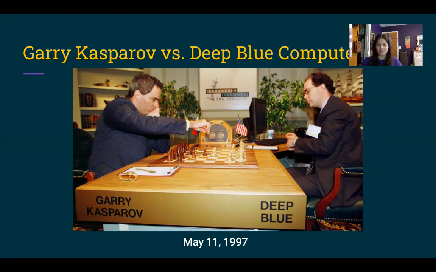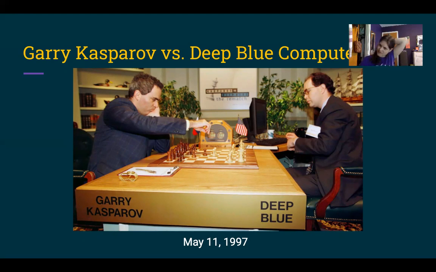And that was the first computer that was ever actually able to beat a world-class chess champion. That competition was May 11th, 1997. They played 6 matches, and he won the final game, which is how he won the whole match. And that was really seen as a huge leap in artificial intelligence and machine learning.